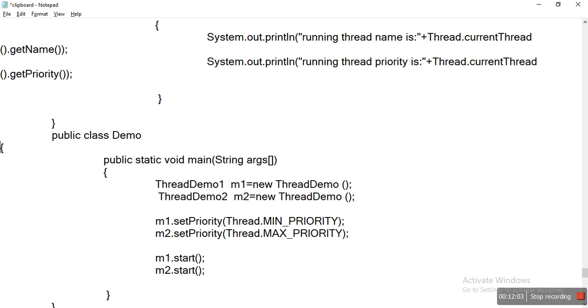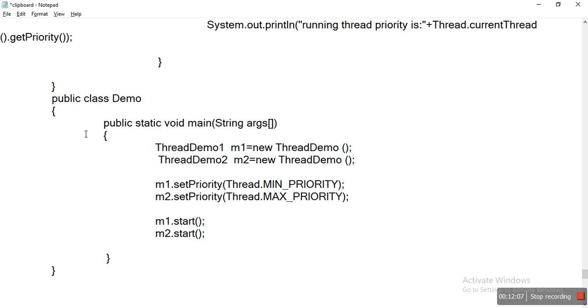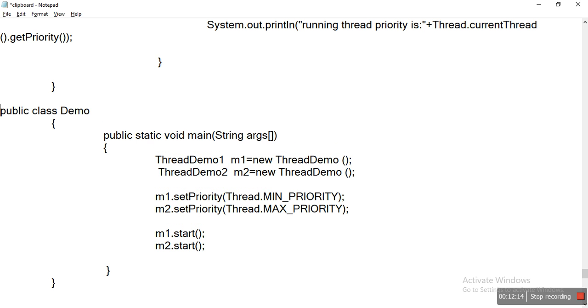This is a public class Demo, declared public because we have the main method within this class. Within the main method I created two objects: m1 is the thread object for ThreadDemo1, and m2 is the object for ThreadDemo2.